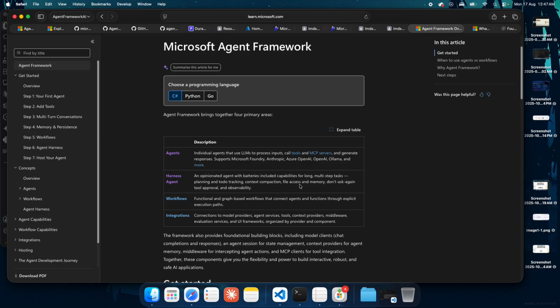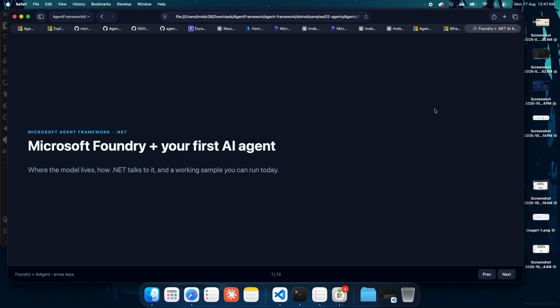The Microsoft Agent Framework shows almost all the capabilities that LangChain, LangGraph, or Google ADK provide. LangChain and LangGraph have their own deep agent framework, and Microsoft Agent Framework also has something called RunAsync, which is similar to a deep agent framework if you compare with LangChain. So let's get it started.